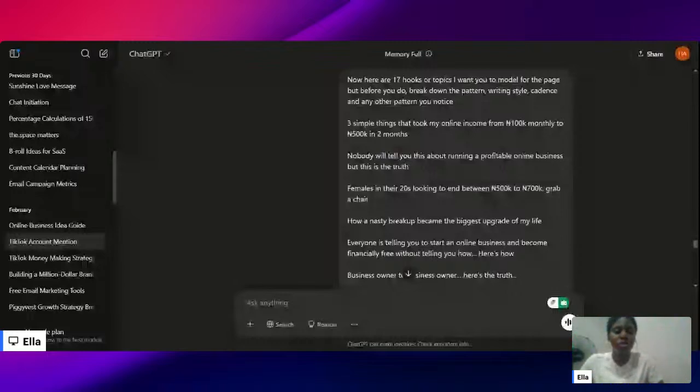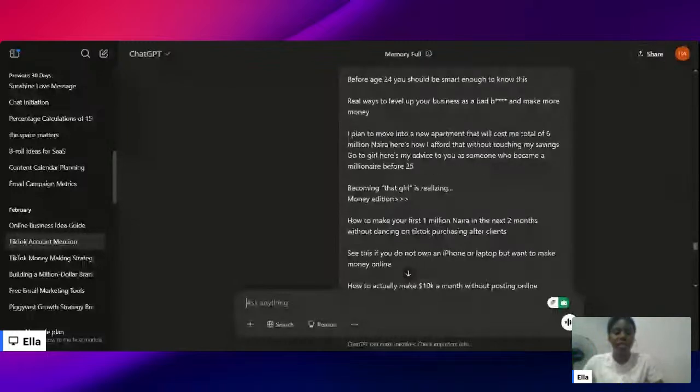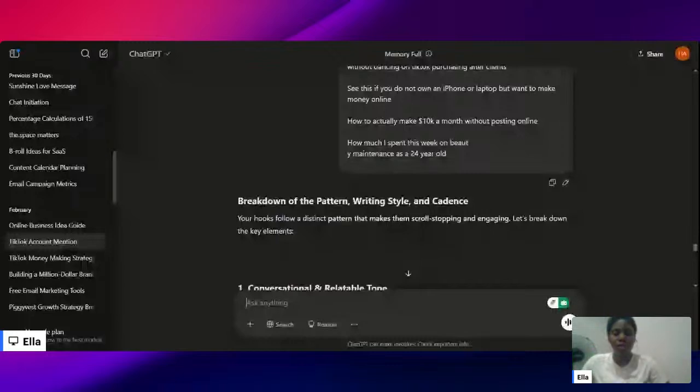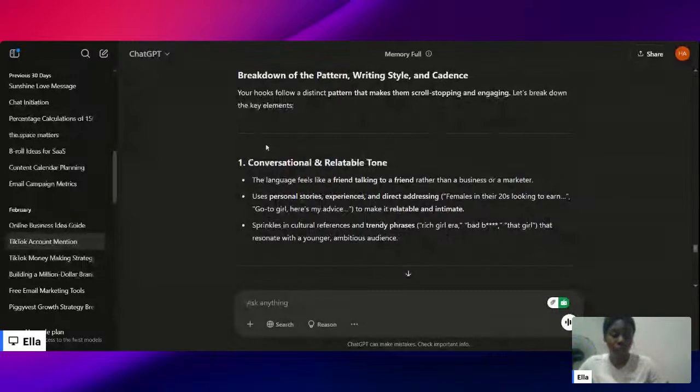But before, and this is very important, before you do, break down the pattern, the writing style, cadence, and any other pattern you notice. These are all that I got, and then I just put it there. It says your hooks have a distinct pattern that makes them stop and engage. I was like, thank God, let's break down the elements. So you see here: